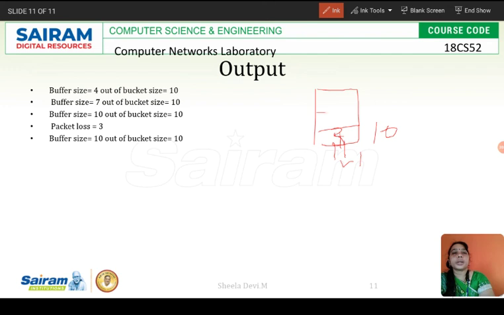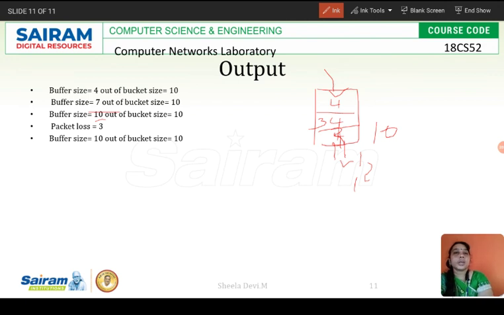Then the second packet comes. That is again of size 4. So 4 plus 3 is 7 out of 10. Then during this time, another 1 byte will go off. So 2 bytes will be reduced. So now what will be the remaining one? When the next packet comes whose size is 4, here also we made it 3 because from here one byte again moved out. So 3 plus 3 is 6, 6 plus 4 is 10. Now the buffer size is 10.